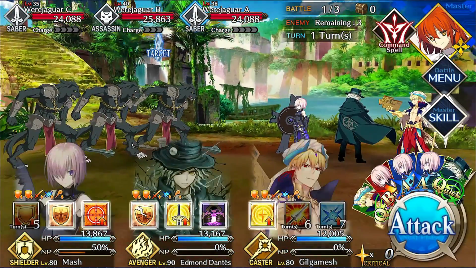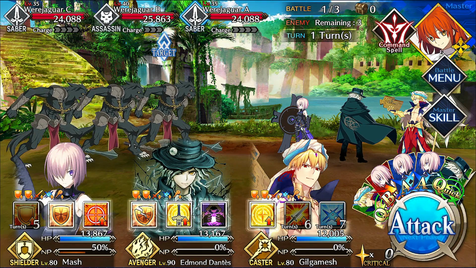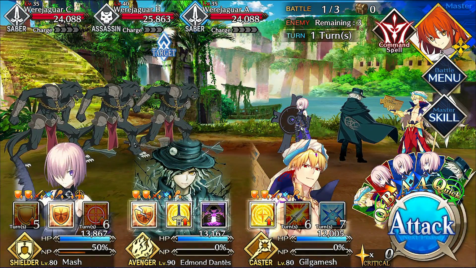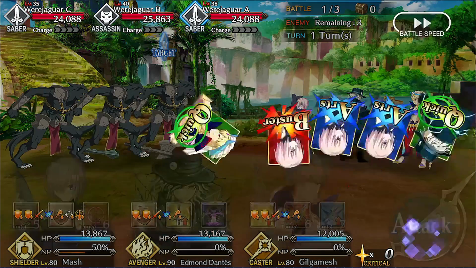Eddie's own max bond CE is Chateau d'If, which increases party quick performance by 15% while he's got it equipped and is on the field. This is a really weird effect for him to have on his bond CE because other than his star gen, he has more or less no other party utility role, and given how edgy and selfish he is in this game,